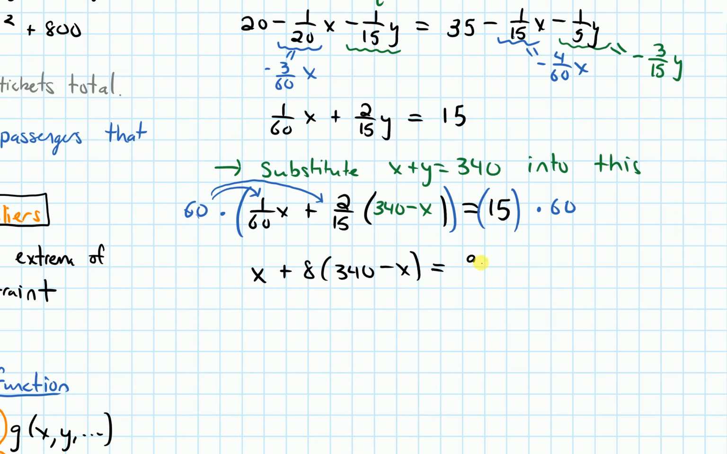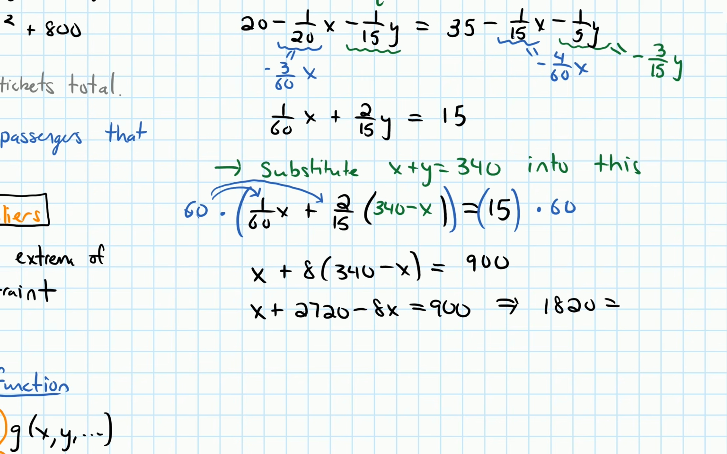If I multiply that out, that is 900. All right, so now I can distribute the 8. And if I do that, we will get x plus 2720 minus 8x equals 900. All right, so simplifying this, if I move the 900 over to the left, we'll get, let's see, 1820